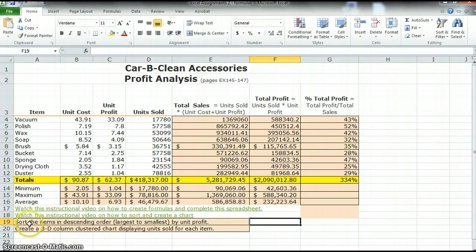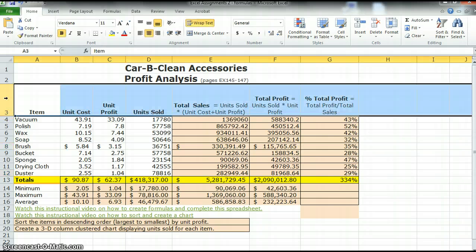Okay, class, now I'm going to complete the request on row 19 here. Sort the items in descending order, which means largest to smallest, by unit profit. So I want to know, out of all these items that I sell, what has the highest to the lowest unit profit. To do that, you have to include row 3, which is the headings that describe what each of these columns are,